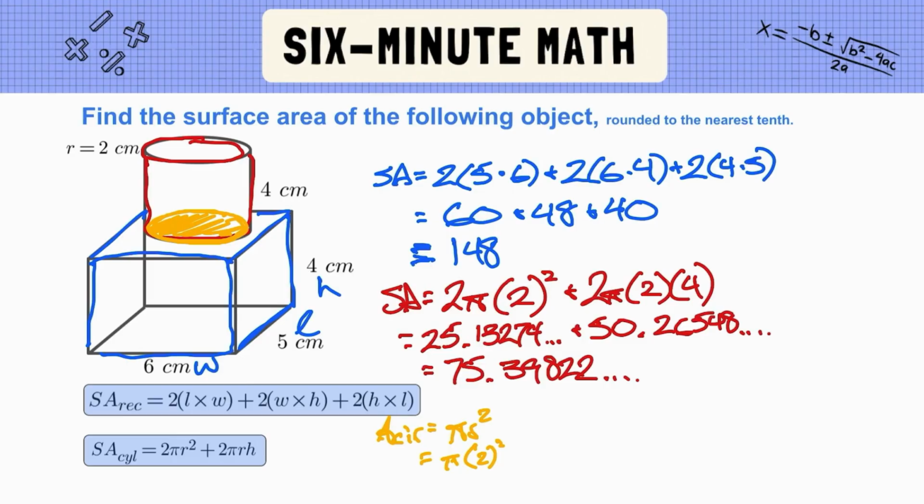And there are two of those. So I need to subtract it once from the cylinder and then once where it connects to the rectangular prism. So I'm going to multiply that by 2 to get my total area that I will subtract of